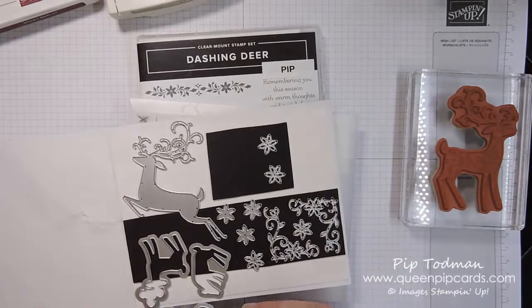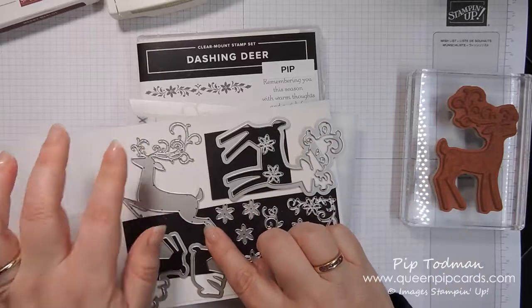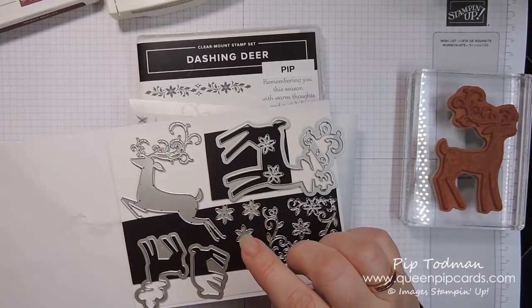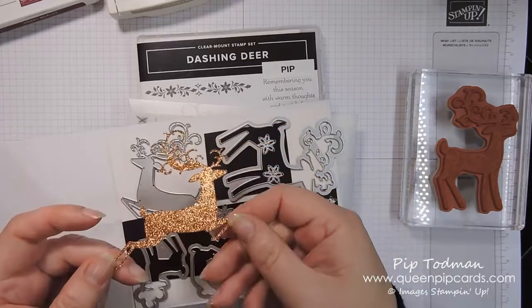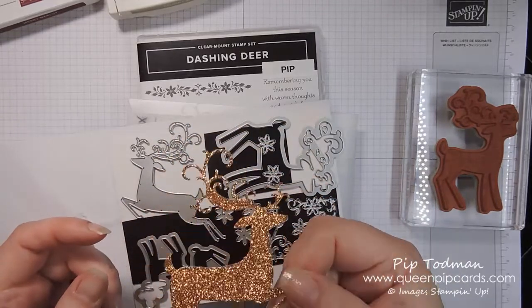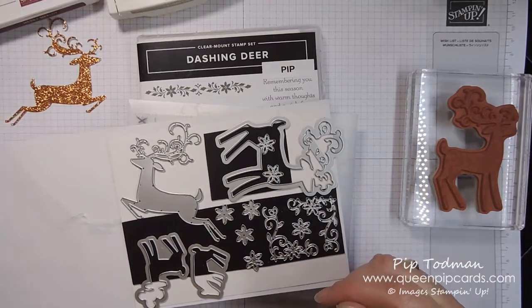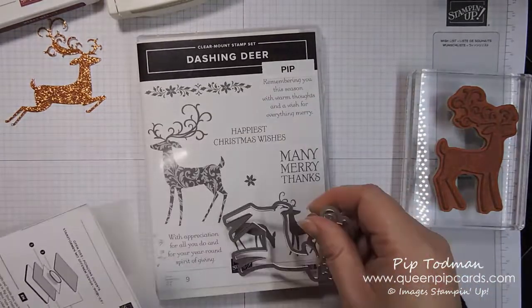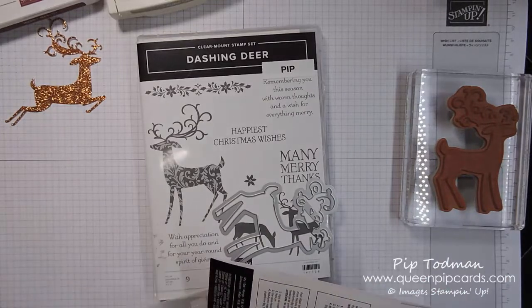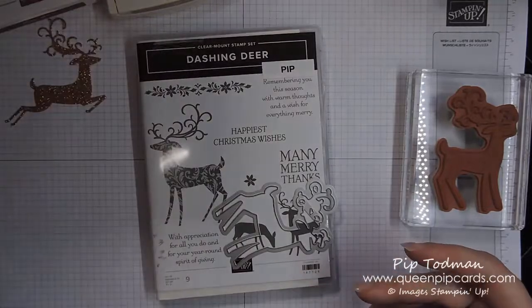All these three match the deer in the stamp set, and then this one is a standalone deer that creates things like this. Isn't that pretty? So well detailed is what I was going to say. So I put that one out, and then I thought, well, I'm going to do stuff with this one. Because I wanted it to exactly match the box, I didn't want it to be too different. So I am starting with, just check that out,